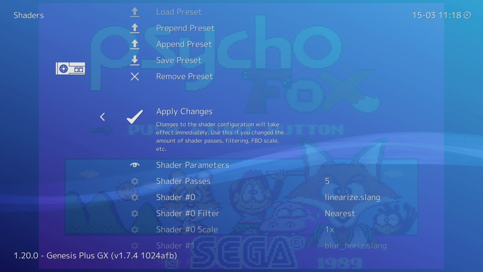Apply changes. Always apply changes. Don't even know if you have to. But now that's added quite a subtle scan line to it. It's probably not even showing up that well in YouTube. Right, it's not as pronounced as the last scan line we had for the Mega Drive. So then if we go to say presets, now if we just wanted this